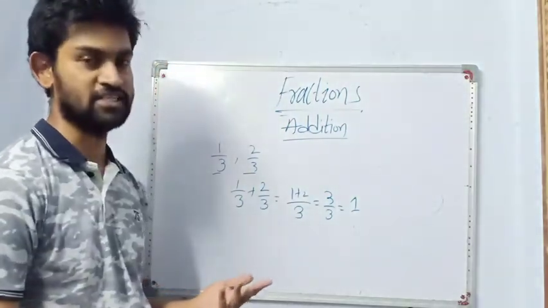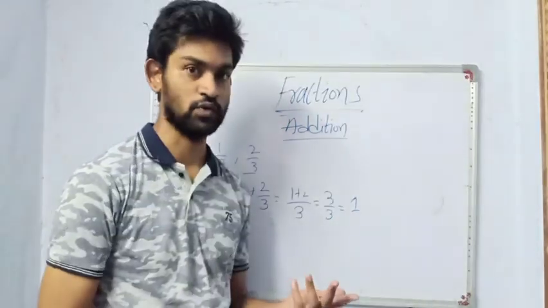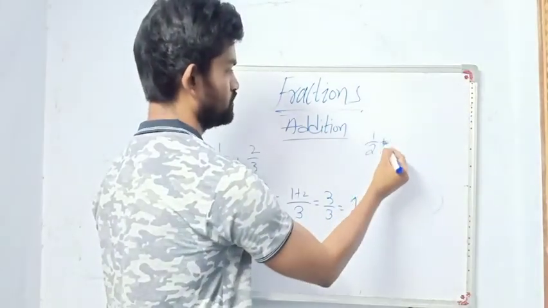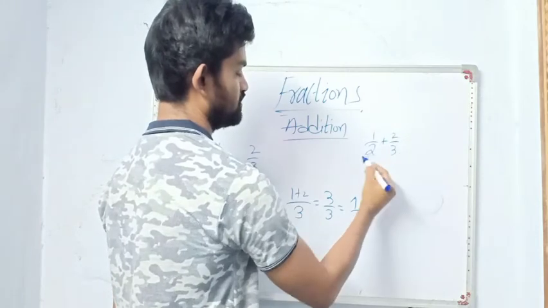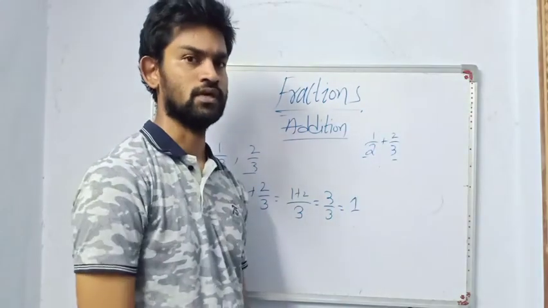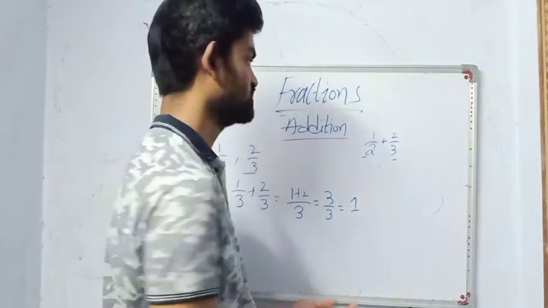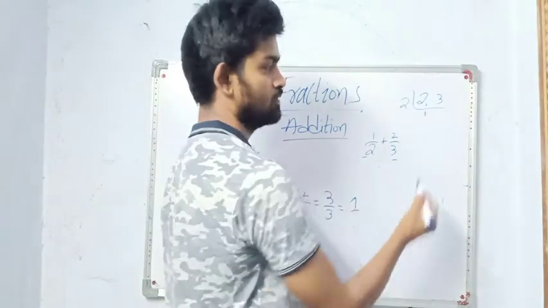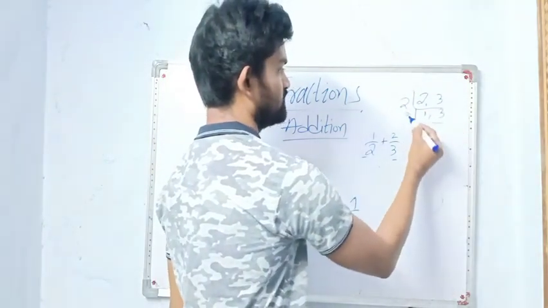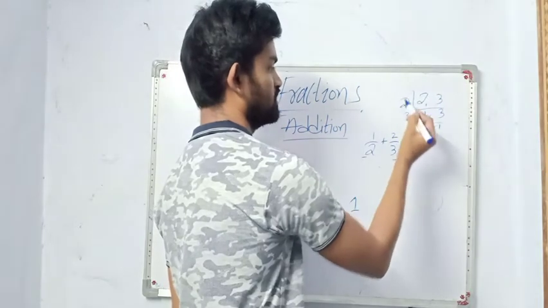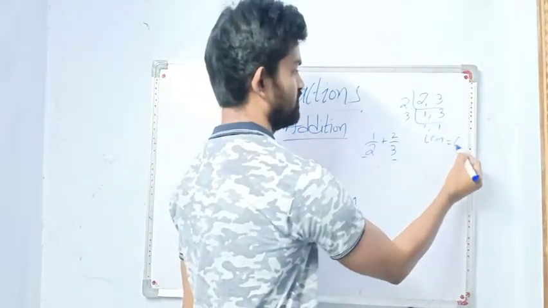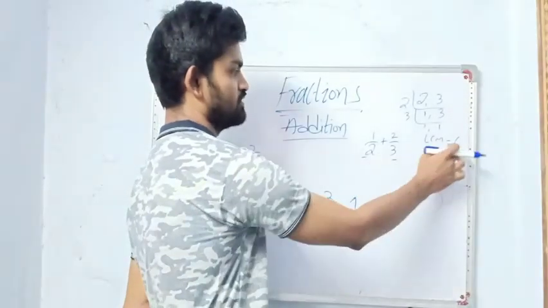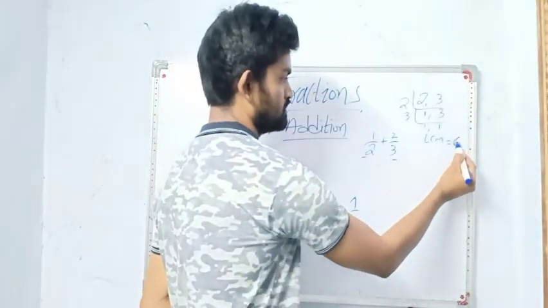But if the denominators are different, unlike fractions, how to add those? We'll see now. See here, I am taking 1 by 2 plus 2 by 3. Now the denominators are different, 2 and 3. So generally what we do is, we'll take the LCM of 2 and 3. 2 will come in the 2 table, we'll write 3. 3 will come in the 3 table, 2 3s are how much? LCM we will take as 6. So we'll equate the denominator to the LCM. How much is that? It is 6.